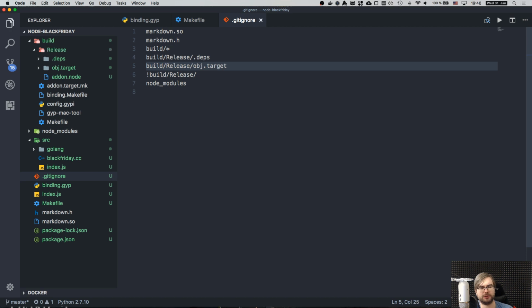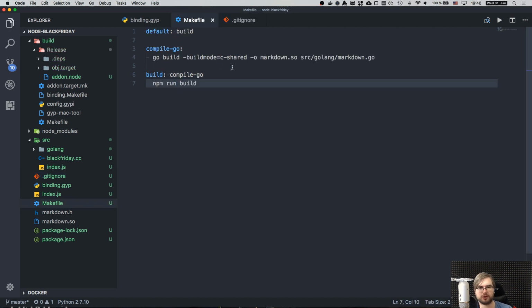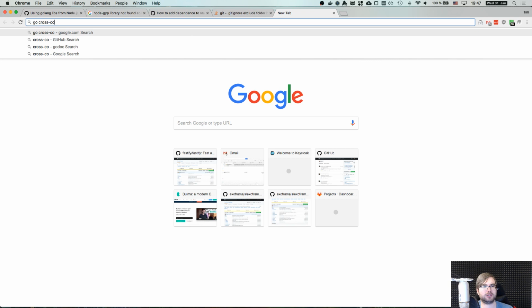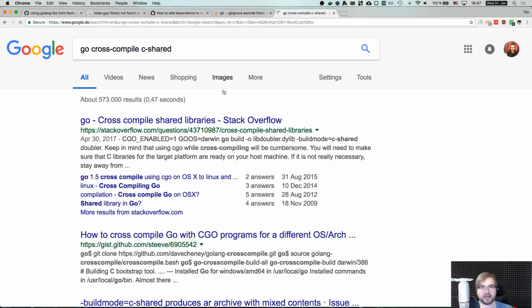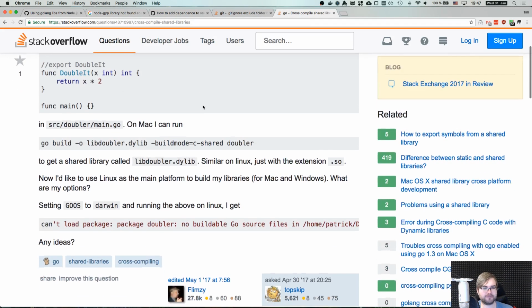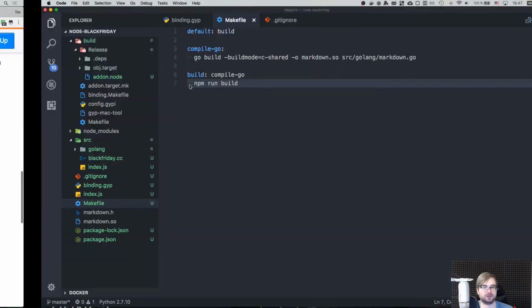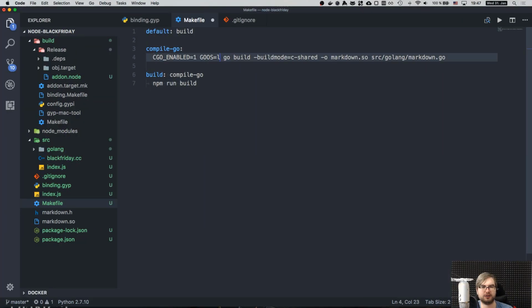target. Obviously, what we did here now will only work for the system you build it on. So in this case, I built a shared library for macOS. So this code would only work on macOS, but since Go supports cross compilation, we can actually cross compile libraries for other platforms. So basically you just say this, and in this case we already compiled for Darwin, so I believe we can just do Linux